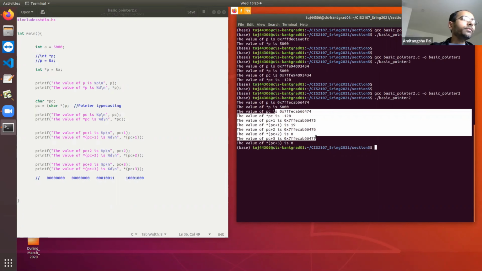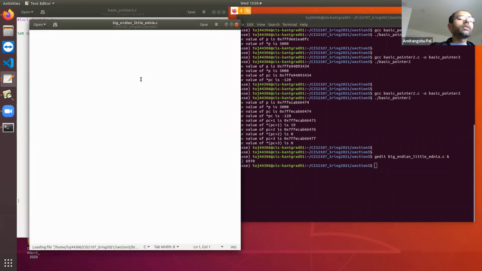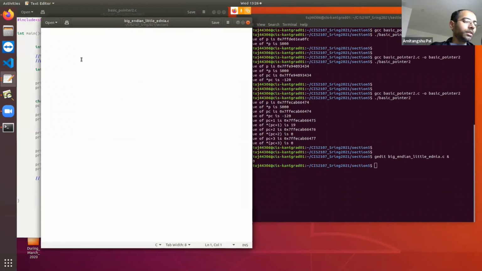From this understanding, you can understand that my computing system is following Little Endian format. Okay. Clear to everyone or not? That's clear. Let me make it a little more clearer. So here I am writing a program that is going to output whether my system is Big Endian or Little Endian. This is very similar to this, but let's write it in a little bit different way.